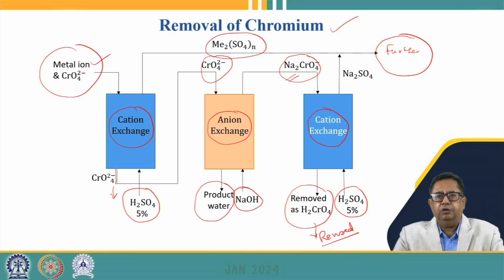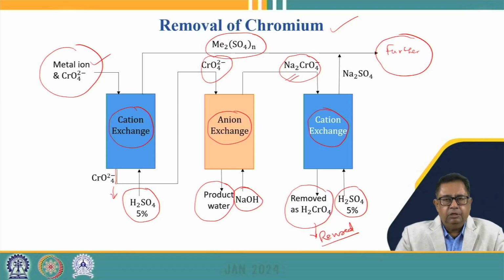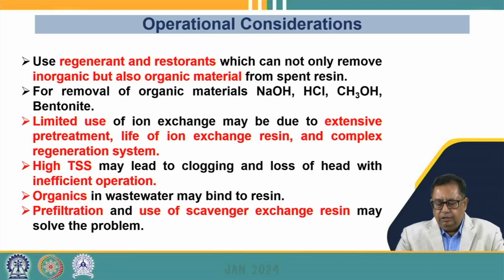So that's how we can get rid of not only the metal ions, but also the chromate. Not only can we get rid of chromate, we can also reuse it, which is a very costly chemical, and it is also toxic to the environment. If we are reusing it, we are also saving our environment from the disposal of chromate. As all of you know, chromium 6 can be highly toxic, and it can also cause cancer. After the application, we should also focus on the operational conditions, where the use of